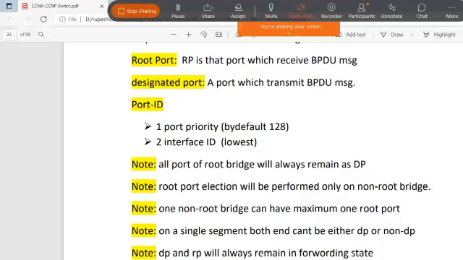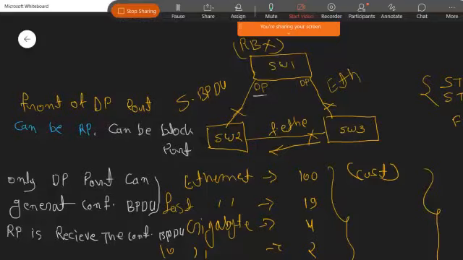Root port election is performed on non-root bridges only, meaning if one switch is our root bridge, the others will be non-root bridges.